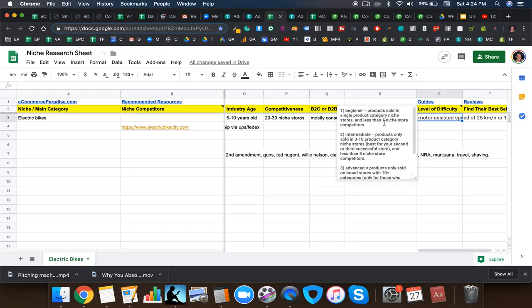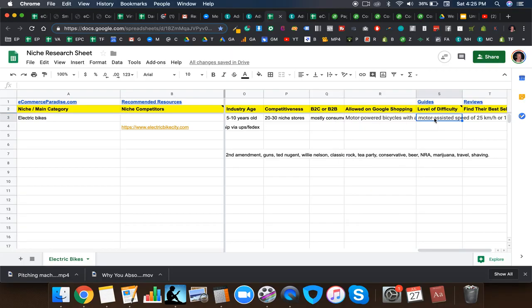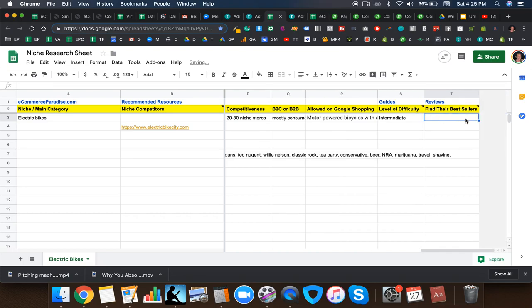So for this one, for electric bikes, we know there's 20 to 30 niche store competitors, right? And we know that there's like 3 to 10 categories within the store of electric bikes. So I'm going to say it's an intermediate store, intermediate category. If you're a first-time beginner, it's going to be difficult to start in this niche and become successful,